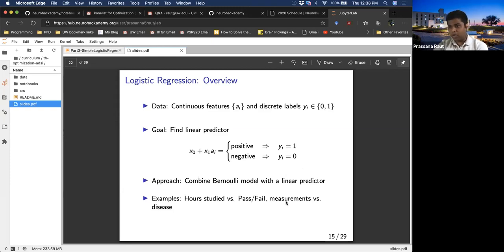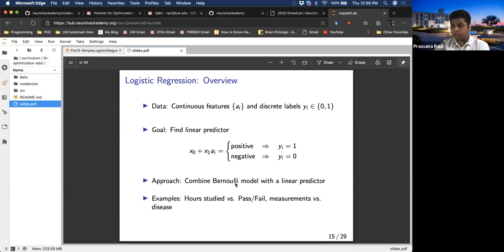In another example, we can have blood pressure measurement data from patients in a hospital and whether they have any heart-related disease. To understand how logistic regression works, we consider the simple case of one explanatory variable. The goal is to find a linear predictor where x0 and x1 are called the coefficients of the regression model, and find coefficients such that when the sum is positive, the outcome is 1, and if the sum is negative, the outcome is 0. If we had only one training data point, this job of finding coefficients would have been